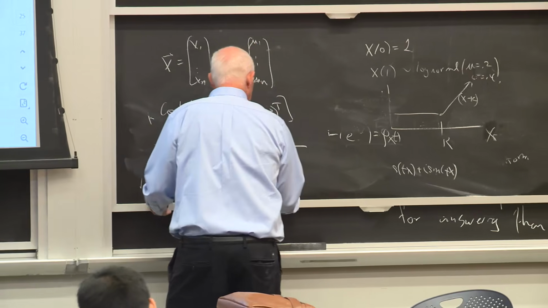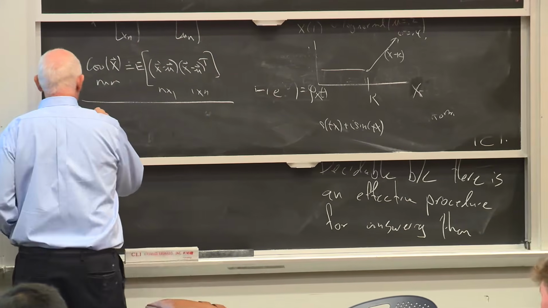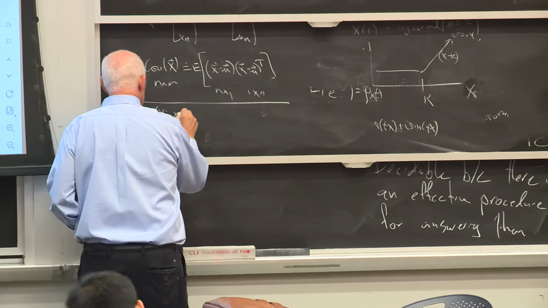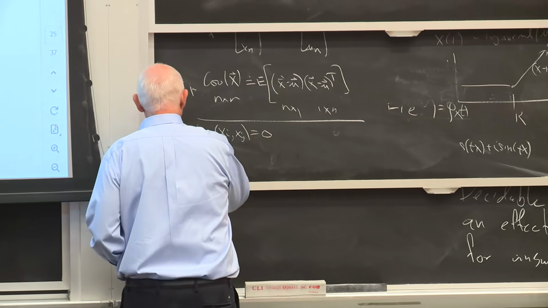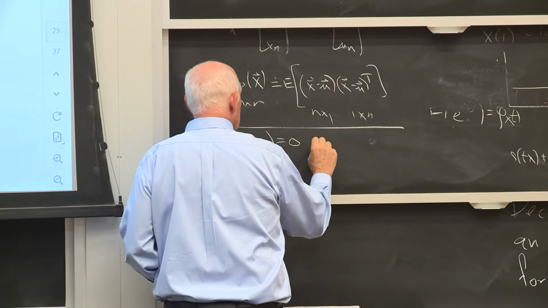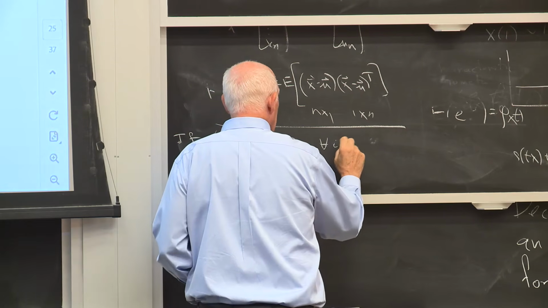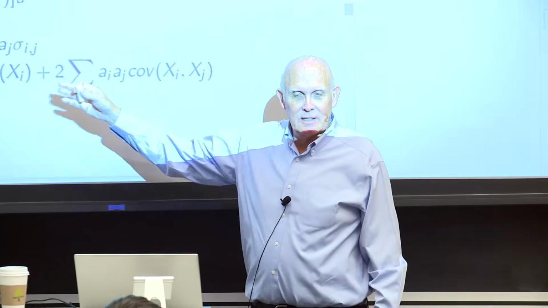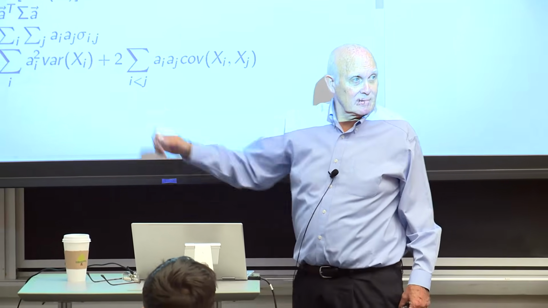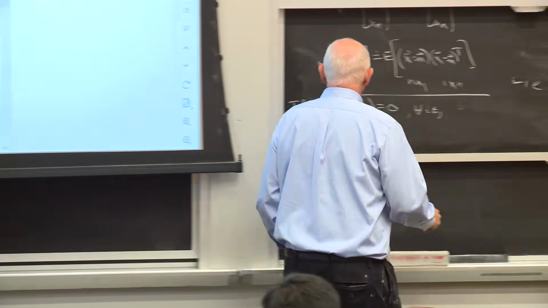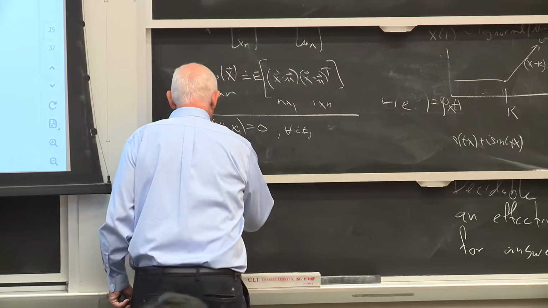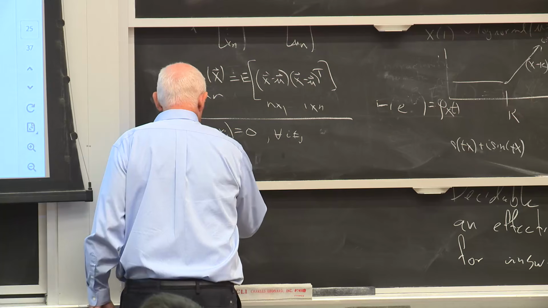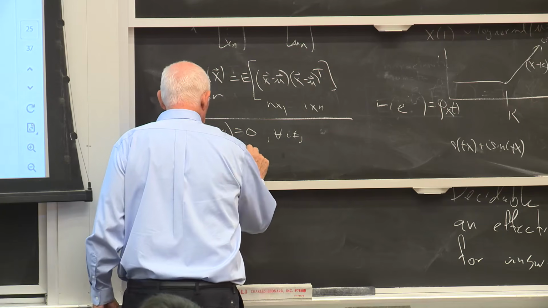I'm not sure if we go into this in the next slide, but if the covariance of xi and xj is equal to 0 for all i not equal to j, then this variance expression simplifies a lot. And if, say, ai is equal to aj is equal to 1 over n,